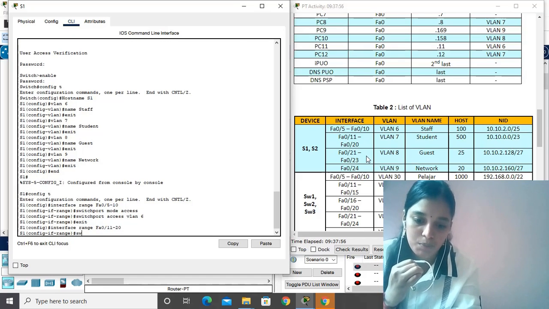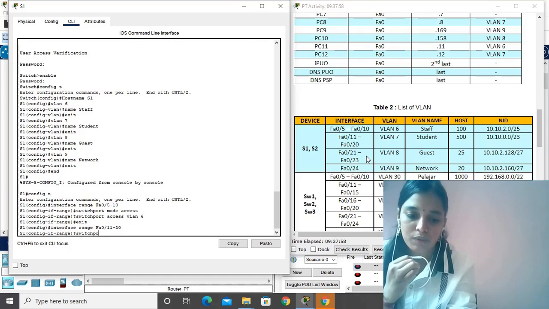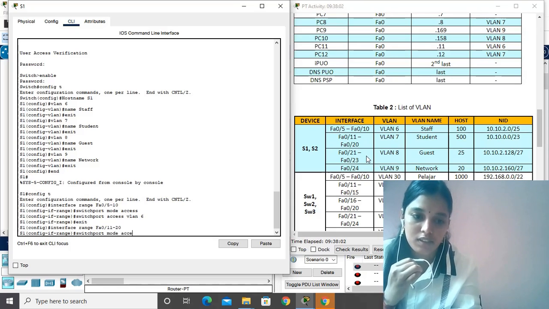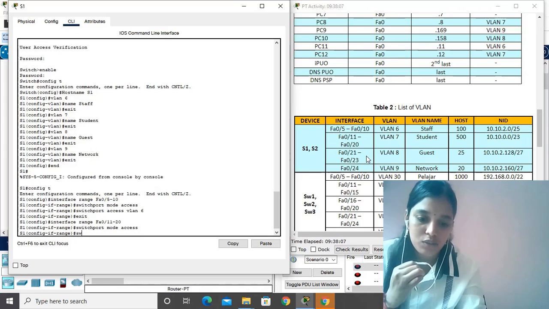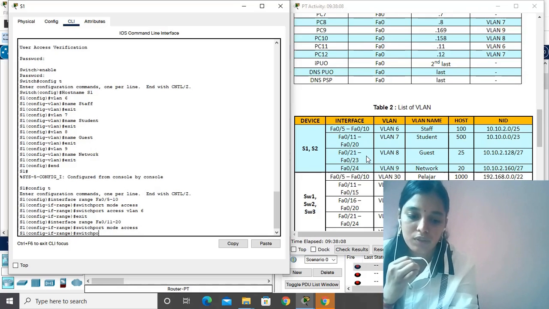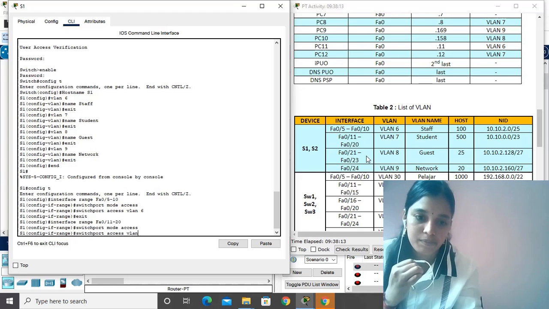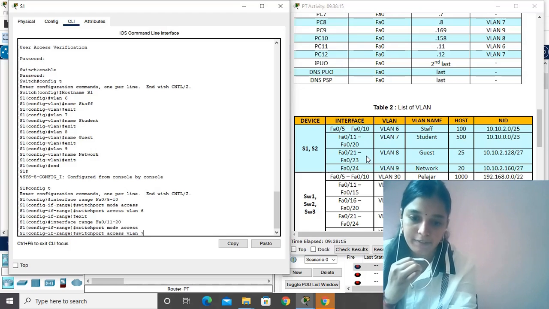Then next switch port mode access, then switch port access VLAN 7,